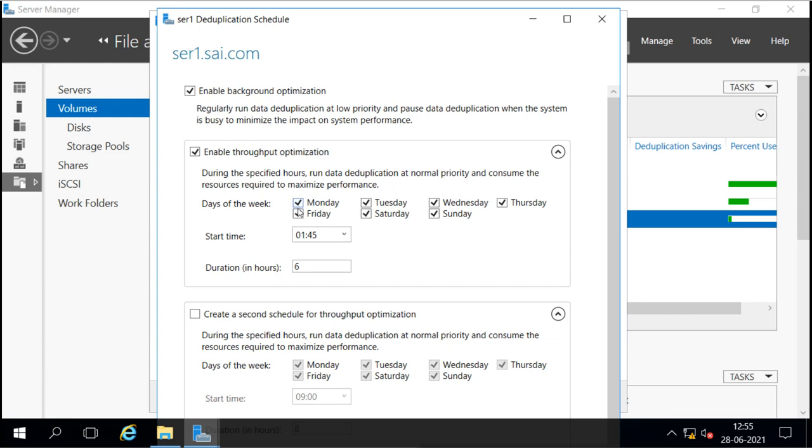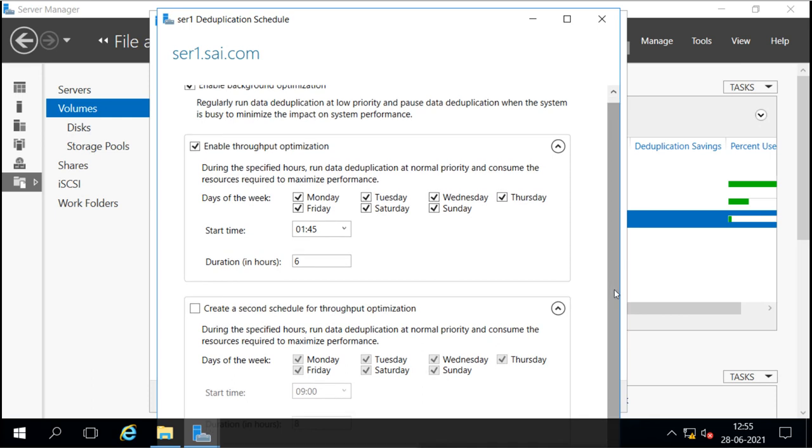Now we will set the time and day when the other users are not working. So we can configure the time and day when other users are not working, so that it will use the maximum performance. So for example, here I am setting data deduplication daily. Daily, that means Monday, Tuesday, Wednesday, Thursday, Friday, Saturday, Sunday, every day, and it will start at 1:45. It is AM, so it is going to be at night.